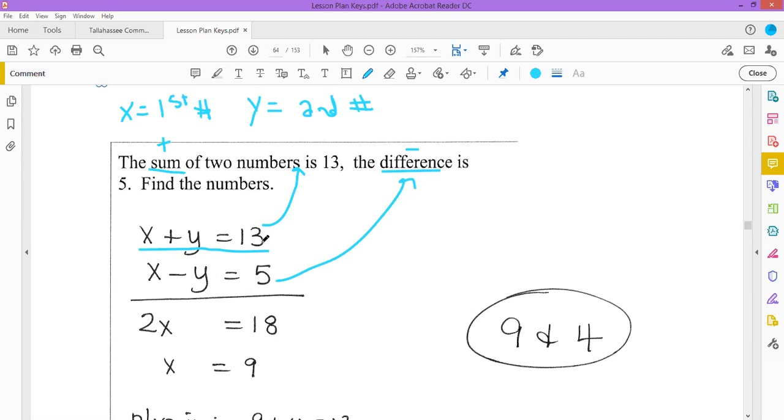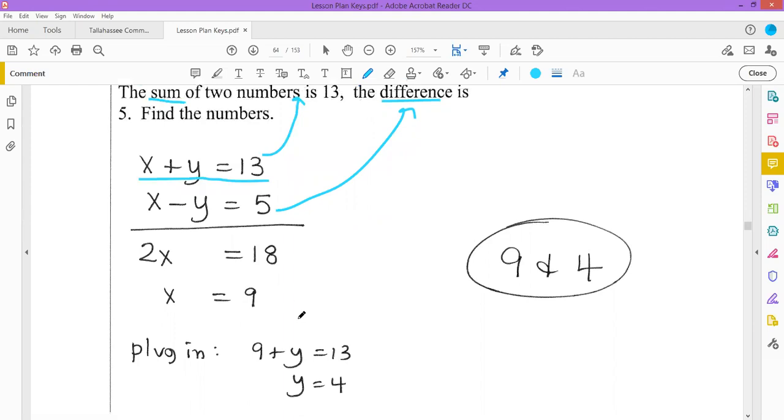Now we're just going to solve this system of equations like we did in the previous examples. We've got x plus y equals 13 as our first equation. x minus y equals 5 is the second equation. To solve, we could just add the top and bottom equations together because the y's will eliminate. And 1x plus 1x gives us 2x equals 13 plus 5, which gives us 18 on the right side of the